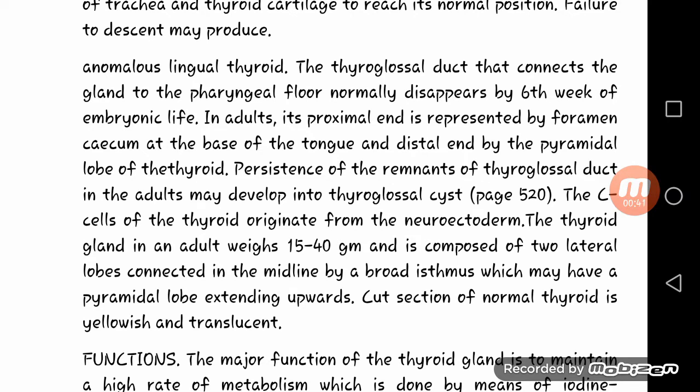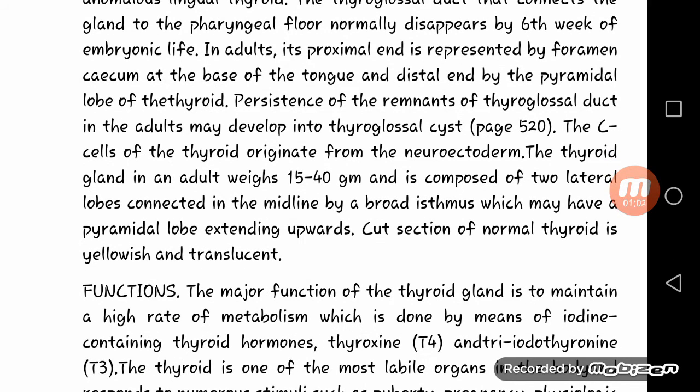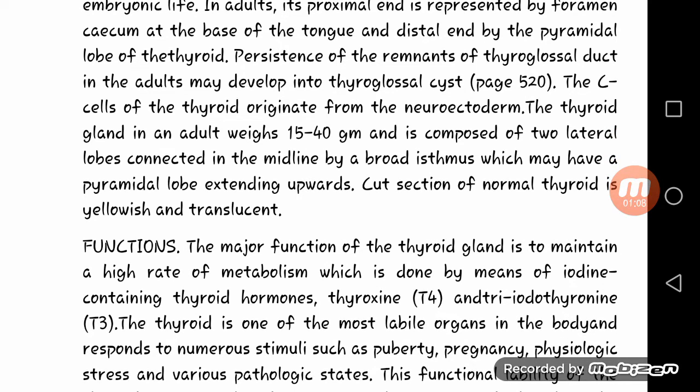In the adult, it is represented proximally by the foramen cecum at the base of the tongue and distally by the pyramidal lobe of the thyroid. Persistence of the remains of the thyroglossal duct in the adult may develop into a thyroglossal cyst. The C cells of the thyroid originate from the